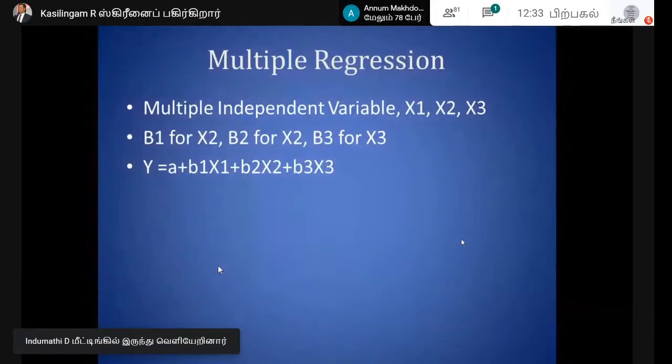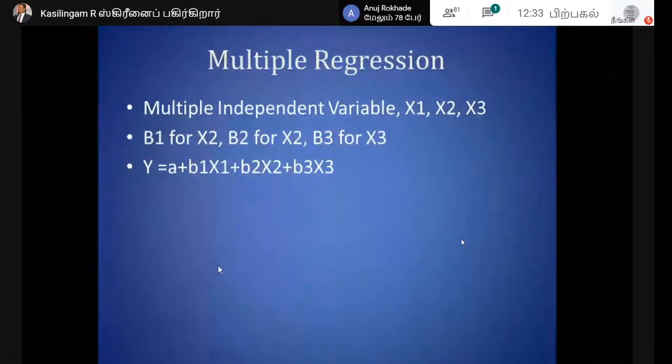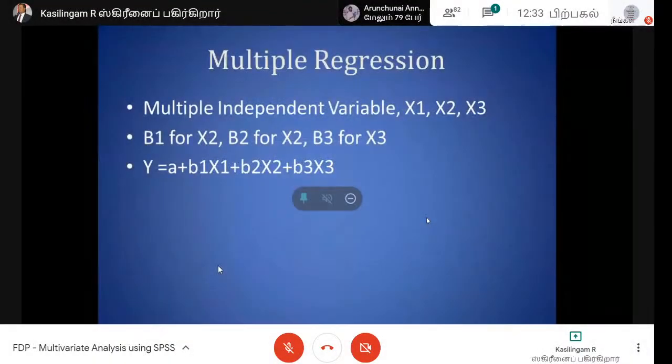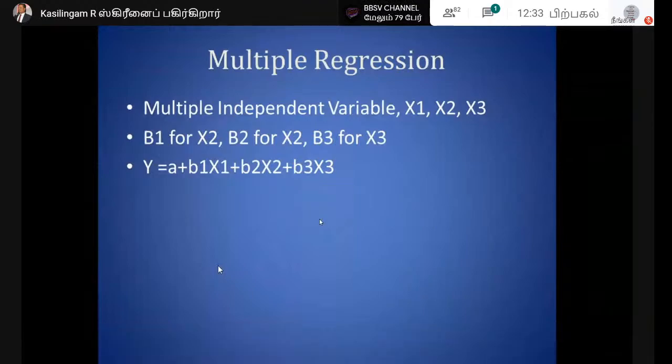So I am the only person in my family. My children, my son will influence, daughter will influence, my wife will influence. The influence of each person will vary. So x1 will have one beta, x2 will have one beta, x3 will have one beta. Okay, so we will have B1 for x1, B3 for x3,